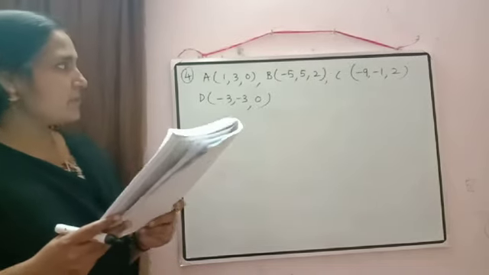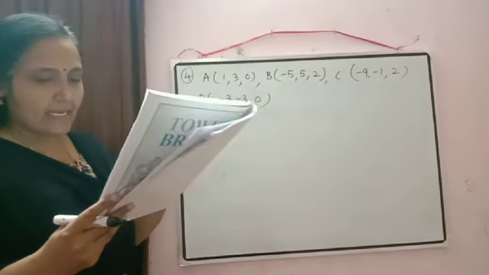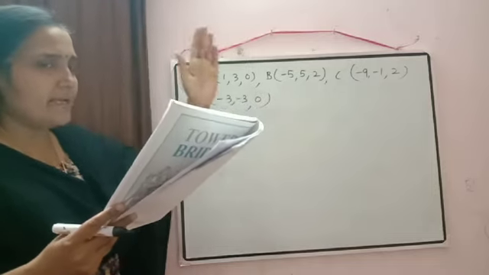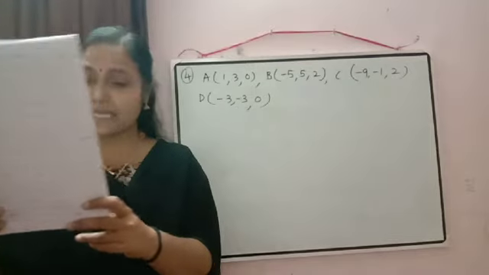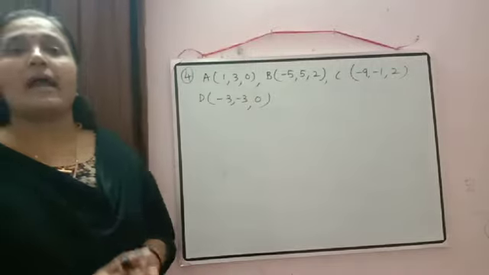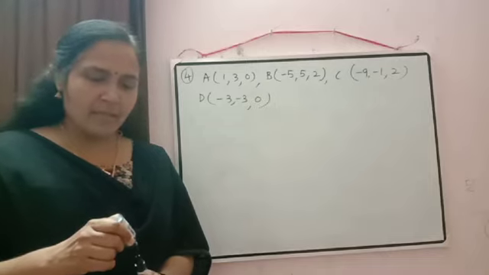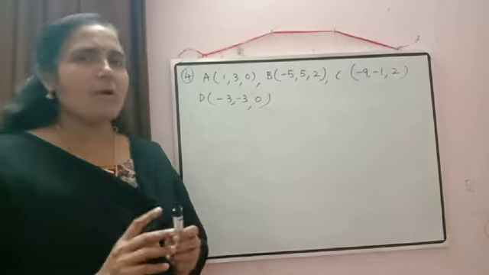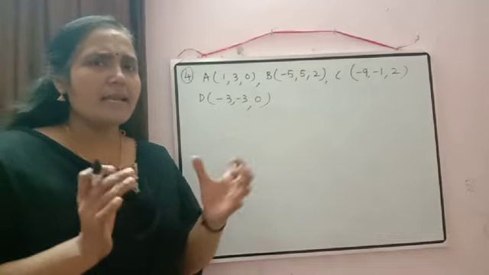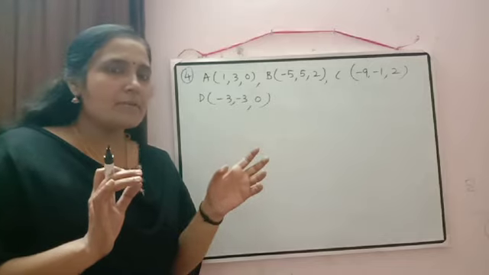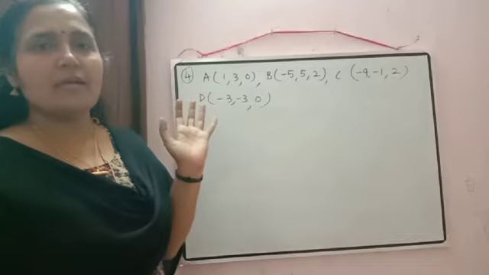Now, the next question, you can check here. Points are already written there. These points taken in order, A, B, C, D, are the vertices of a parallelogram, and also show that it is not a rectangle. First we have to prove they are the vertices of a parallelogram. So you should know the properties of a parallelogram. What is the property? Opposite sides are equal, related to the distance formula only. So first we have to check whether opposite sides are equal or not.